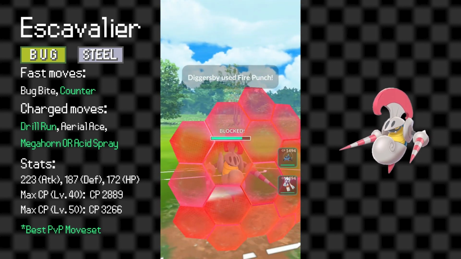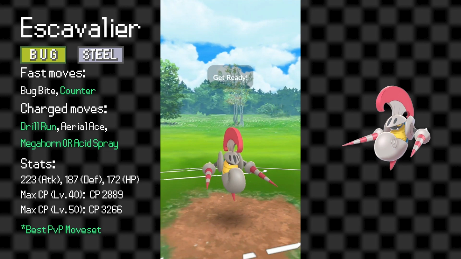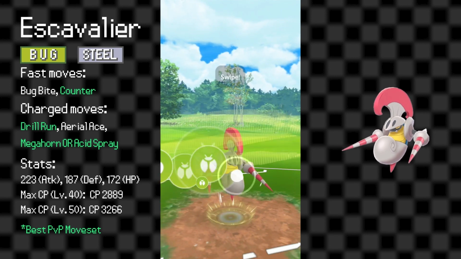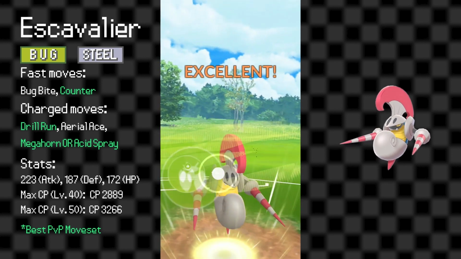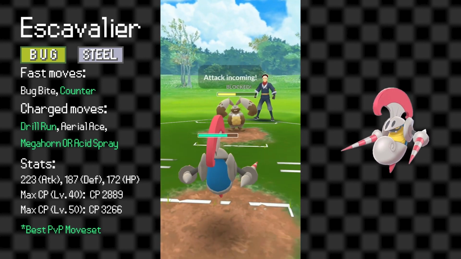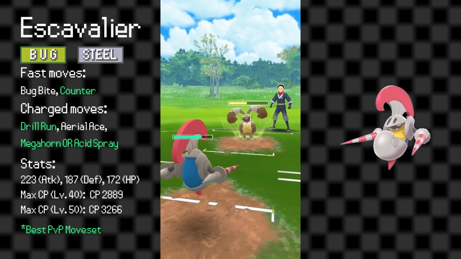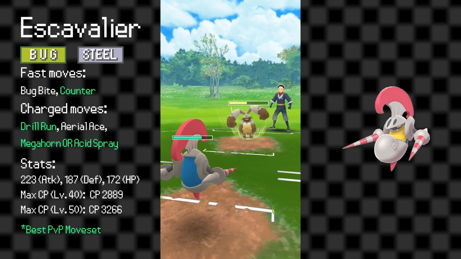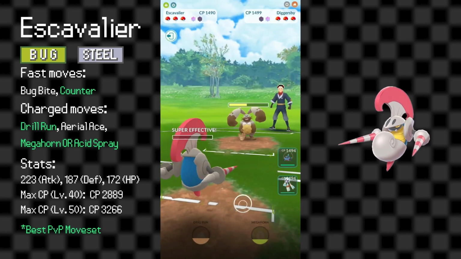It's one of the few counter users in this cup, which lets it hit hard against Diggersby and most Ice, Rock, and Steel types, so that's impressive. But then, Drill Run gives it an additional strong Ground move for coverage, and Megahorn is there for stronger STAB damage. The big weakness for it is Diggersby, specifically its Fire Punch, but you'll still be able to do some good damage with Counter before fainting, and a shield advantage can put Escavalier on top, so it's a very solid